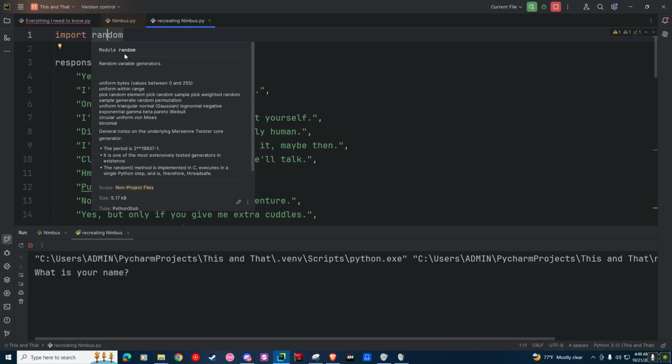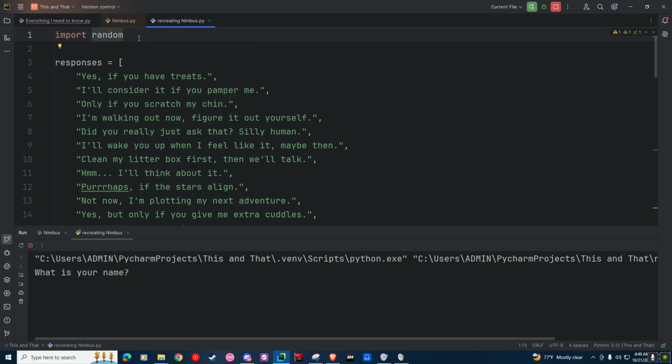So the purpose of importing random in this environment is that I want something that will generate a random number so that the responses can be different from time to time. But you might wonder, why numbers? Why not just have a randomizer that will generate random responses?